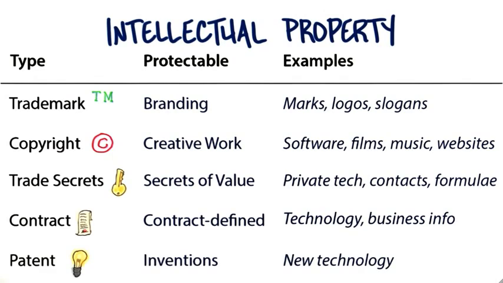The last piece of intellectual property is patent. U.S. patent law has changed in some important ways in the last year. If you were familiar with it, it's nice to get updated again. What's protectable are inventions. And typical examples are new technology. You've invented something new, some hardware or algorithm or software, etc. Getting a patent is kind of important.